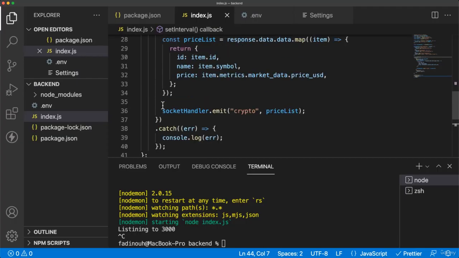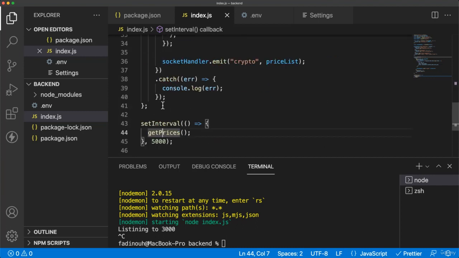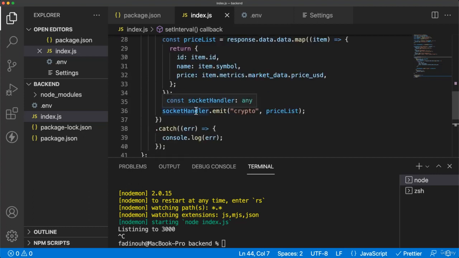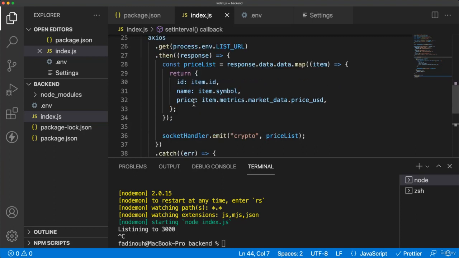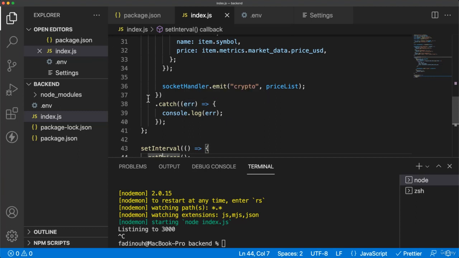Okay, now we successfully connected to our API and we are pushing the data through the WebSocket. So we now need to handle the errors. If you remember, we added some catch for the error in case some error happens when requesting the data from the API. So for that, you always need to remember that handling the error is very important for your front end,